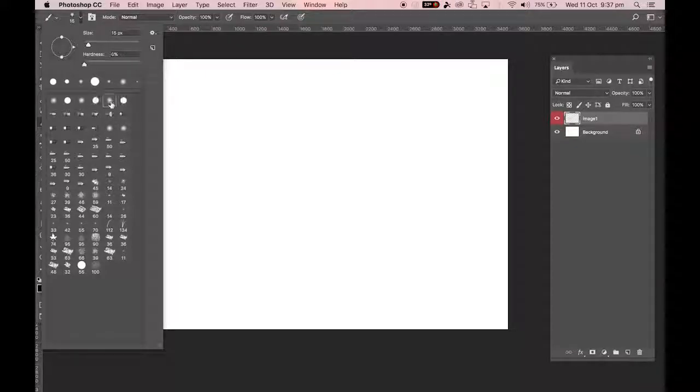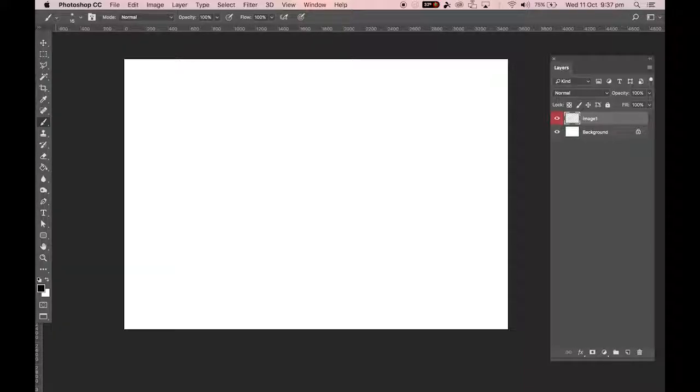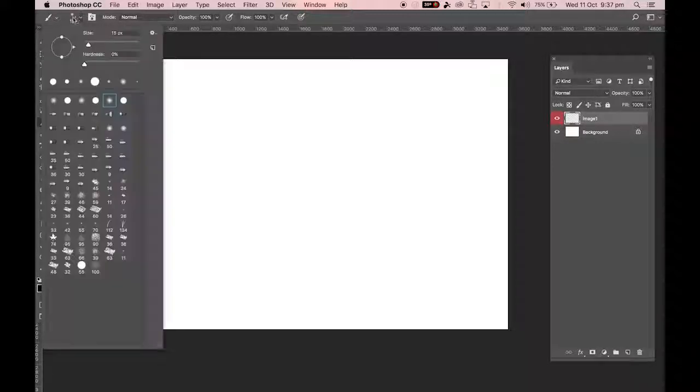So let's have a quick look at some of the brushes here. If you are using a Wacom tablet, we do have a few things we need to take into consideration, and that is with our brushes and what they're capable of doing. So if I pick one like this one here, which has a sort of a soft round brush,